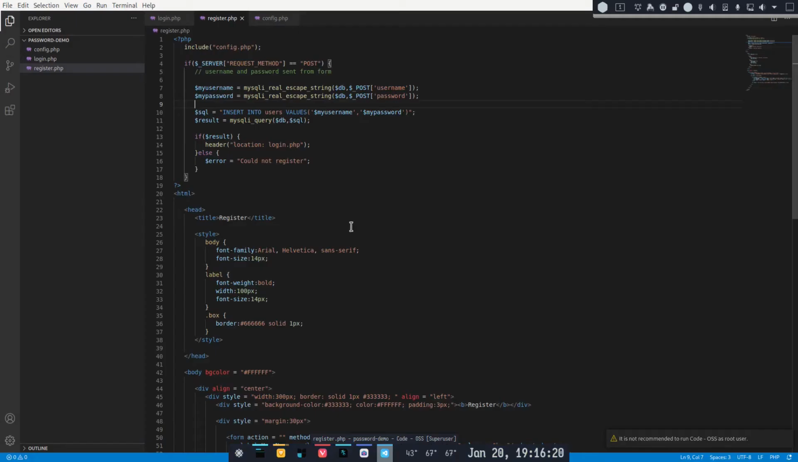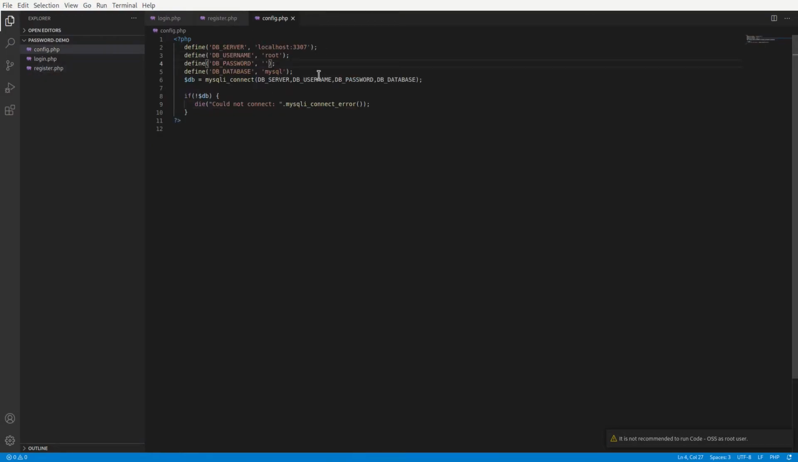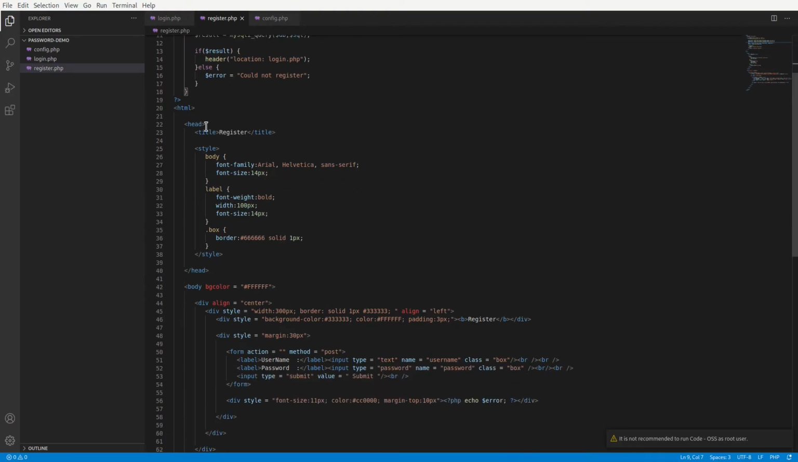Anyway, so let's fix this. So here's the PHP code for the configuration. Just pretty standard MySQL stuff, like the server, username, password, etc. Then inside the registrar, I have this form